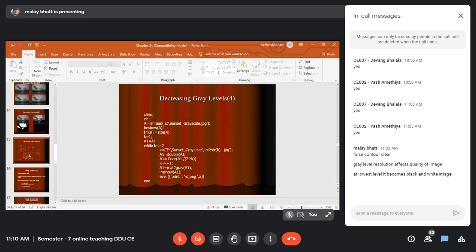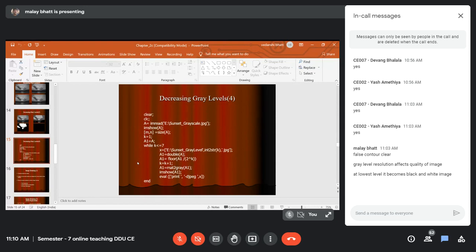If you write a simple code, it is very simple. These codes are not Octave codes. I am not writing in Octave, so you cannot copy exactly, but at least you will get some feeling of how it can be done. Here we are reading the image. Once we have read the image, we are dividing it by 2 raised to k. You can see we have the image A1, which I am dividing by 2 raised to k.